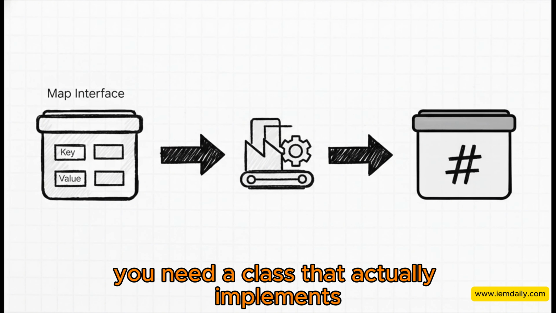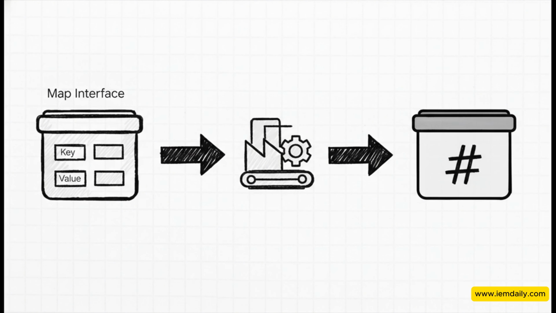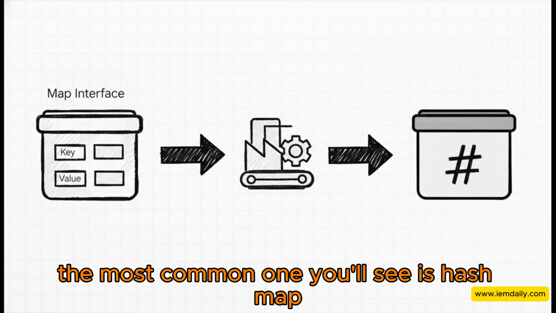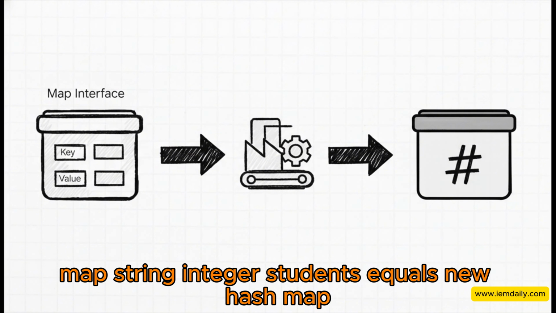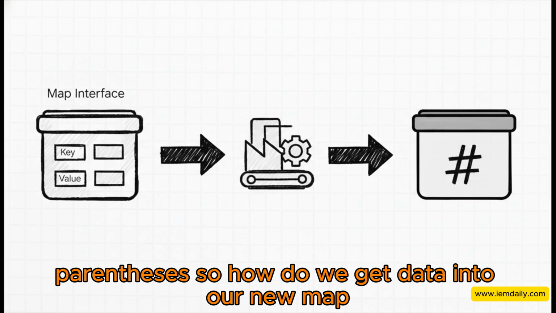You need a class that actually implements that blueprint. The most common one you'll see is HashMap. So our line of code now looks like this: Map<String, Integer> students = new HashMap<>();